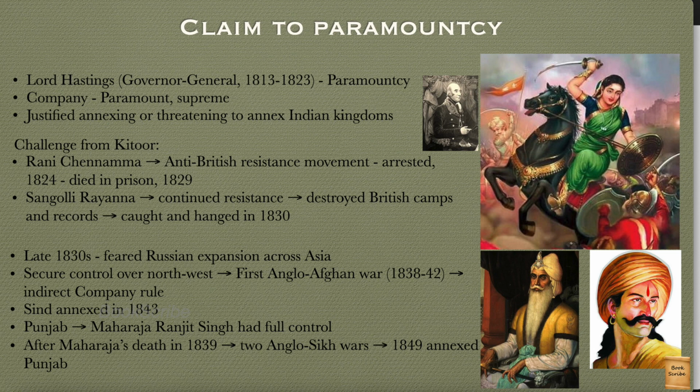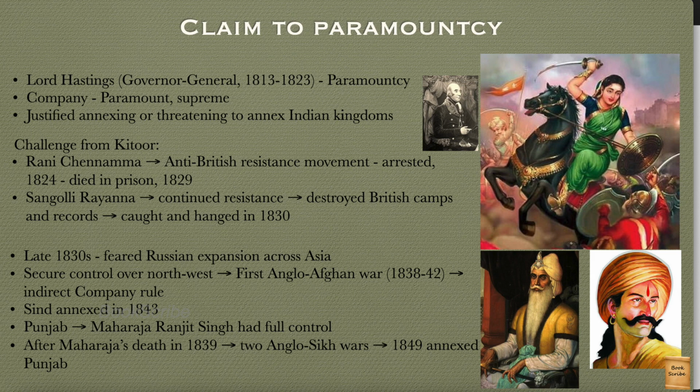Her husband died and later her son died. So she had to adopt a son and make him the king, but the British didn't accept it and took control of her country and installed a collector. She resisted, and he, along with some troops, tried to take control of the fort of Rani Chennamma. So there the war broke out. Several times Rani Chennamma fought bravely and was victorious in the beginning, but finally she was arrested in 1824 and was sent to prison, where she died in 1829.